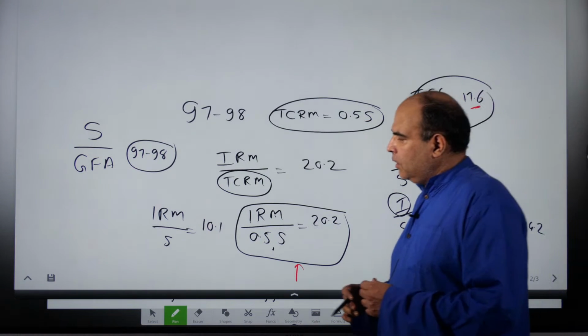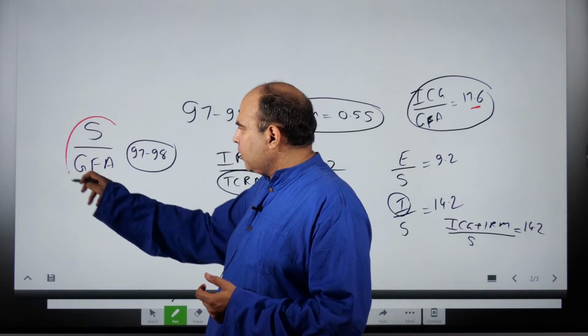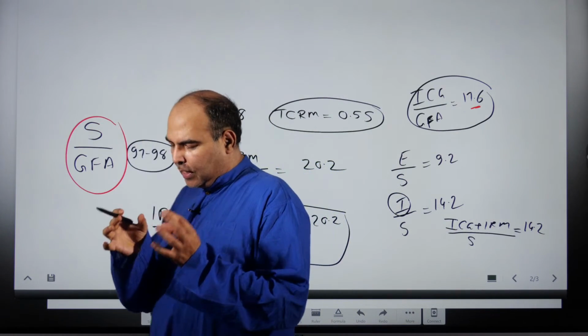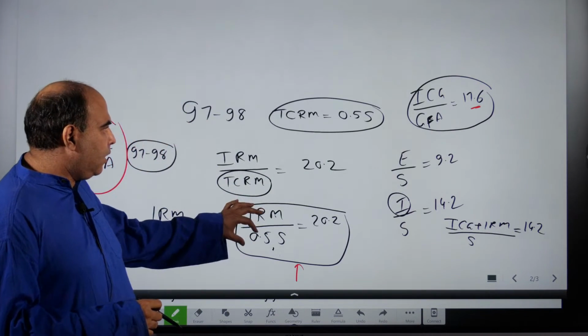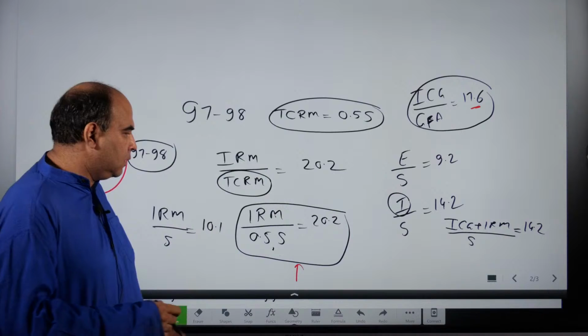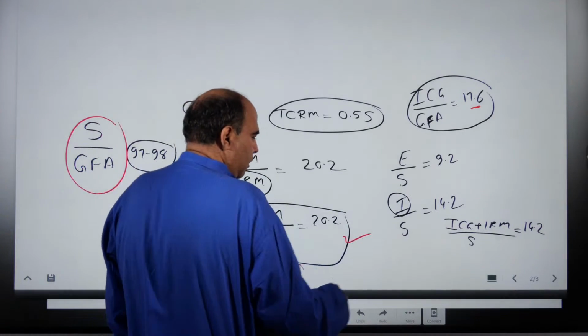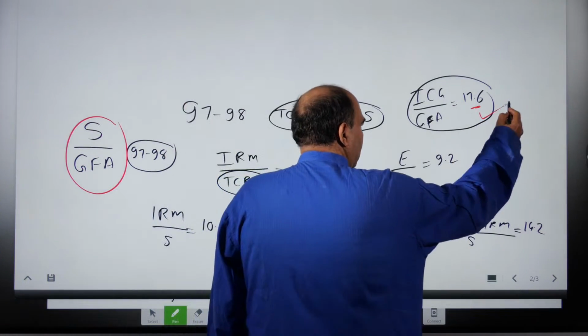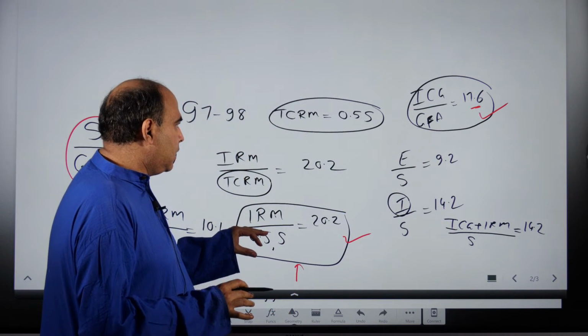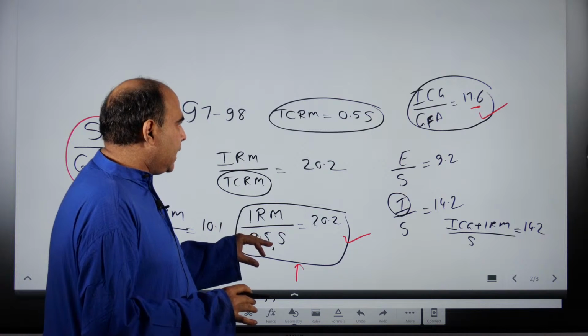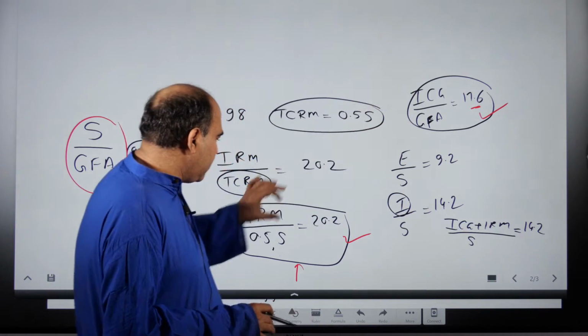What we had was that the question had targeted, this is not something that came from my mind, the question had targeted that we have to find S upon GFA. So when I have this information and that information, the question had pointed me to this information and this information. I realize that I can divide this ratio by this ratio,